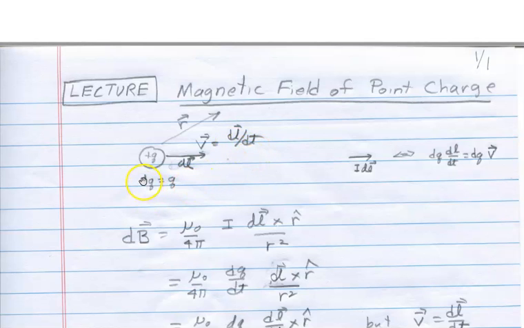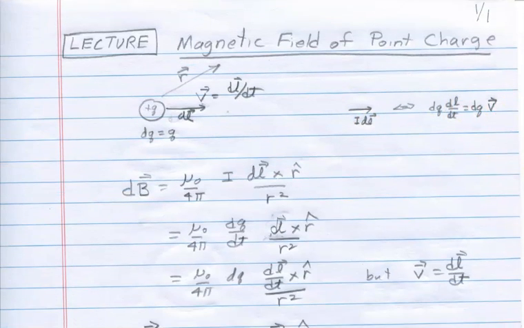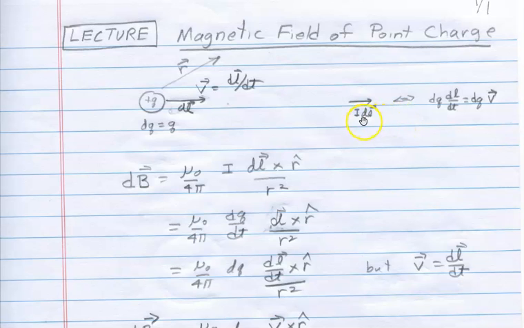Now, we're going to be thinking of a very small charge, maybe an electron, although I'm treating it as positive here. It really doesn't matter. The dq is now just going to be the charge on this particle. And if you look at the expression I dl vector in the Biot-Savart law, then I could write that as I dl vector, and I is dq dt, and dl vector, so I can move the dt from underneath the dq to underneath the